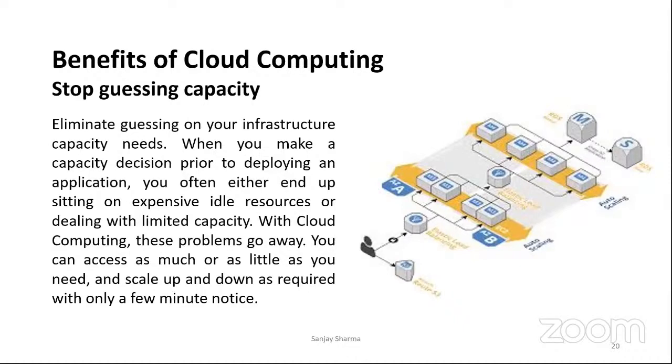You can define minimum and maximum capacity of the resources, which can scale up or scale down in a few minutes. It means if you want to increase the number of instances, you have to define a minimum and maximum number. Between this minimum and maximum number, on the basis of the conditions, the machines will increase or decrease automatically. If load is increasing, the number of machines automatically increases. If the load is decreasing, the number of machines automatically decreases. This way,